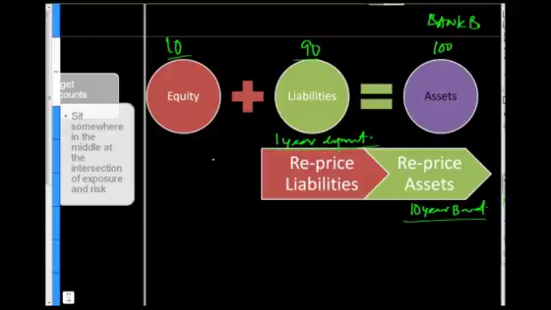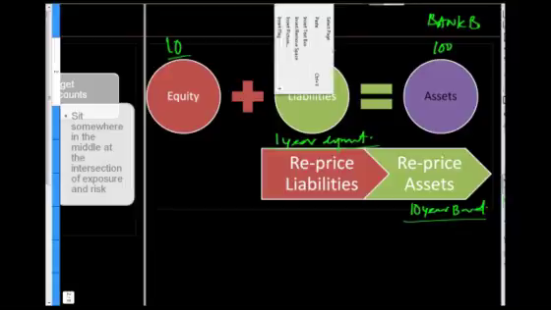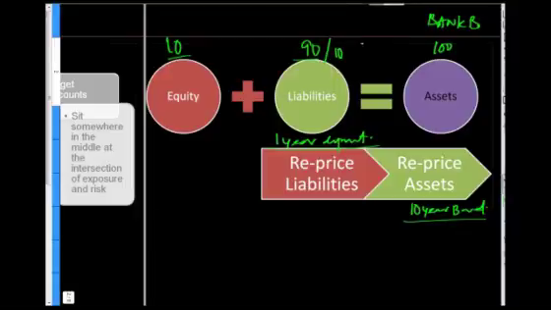So let's say that when this structure was created, or when this investment was made, the 1-year deposit, the primary liability that Bank B was using, was priced at, let's say, 10%. It's priced at 10%, and the 10-year bond was priced at 12%. And at 12%, the bond was worth exactly 100. At 10%, the 1-year liability was worth exactly 90.